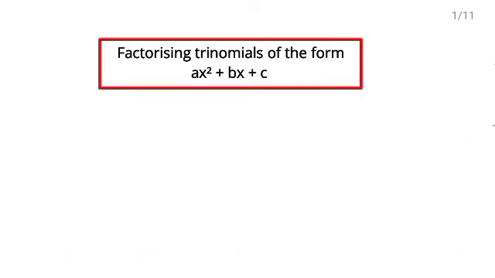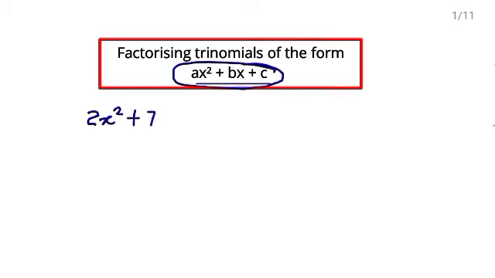Students, in this class you will learn how to factorize trinomials of the form ax square plus bx plus c. Students, if you remember, in the previous video you learned to factorize polynomials of the form x square plus bx plus c. Now here we have a difference: with this x square we have a numerical term, which is a. For example, if you have a polynomial of this form, like 2x square